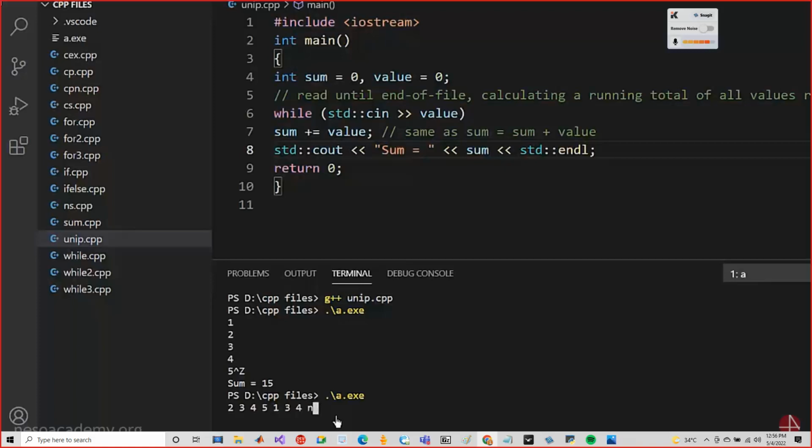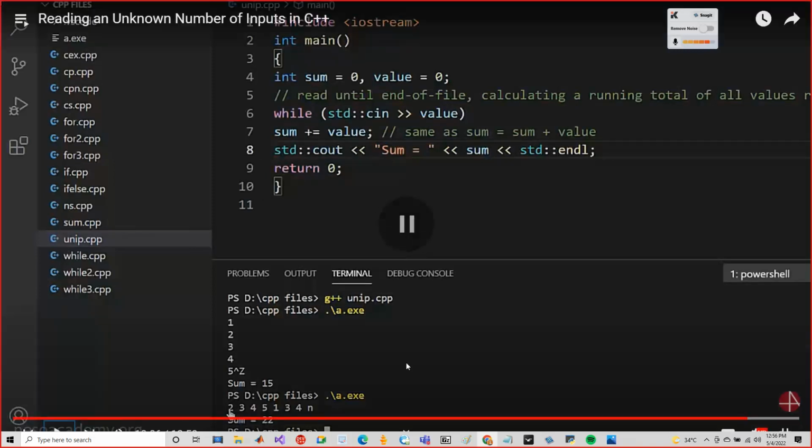Now what will happen? If I press enter now, we see that it has broken out from the while loop and it has printed the sum over here. So the sum